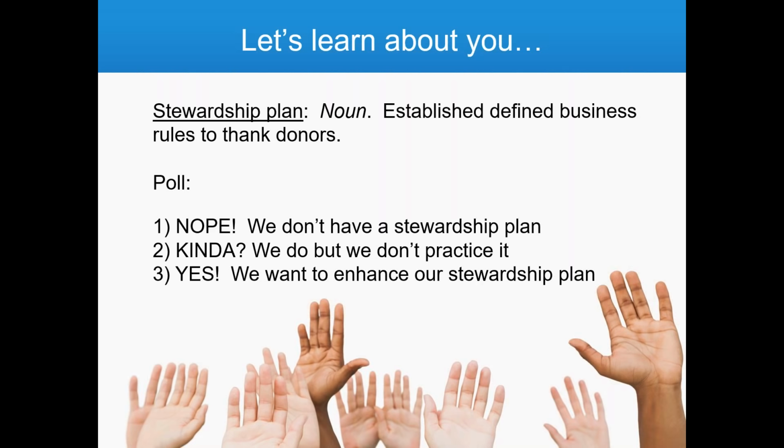So type into the chat and let me know if you have a stewardship plan. Nope, kinda, or yes. If you don't have one, the good news is you've got one now because you can go and download that link. But I'm just curious to get people's pulse on whether or not you have a stewardship plan. So if you see the control box where it says chat, just type in and let us know if you have a stewardship plan or not. Okay, so